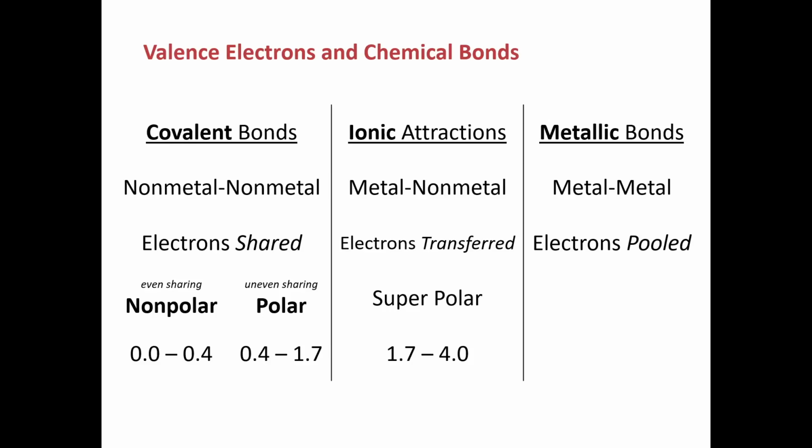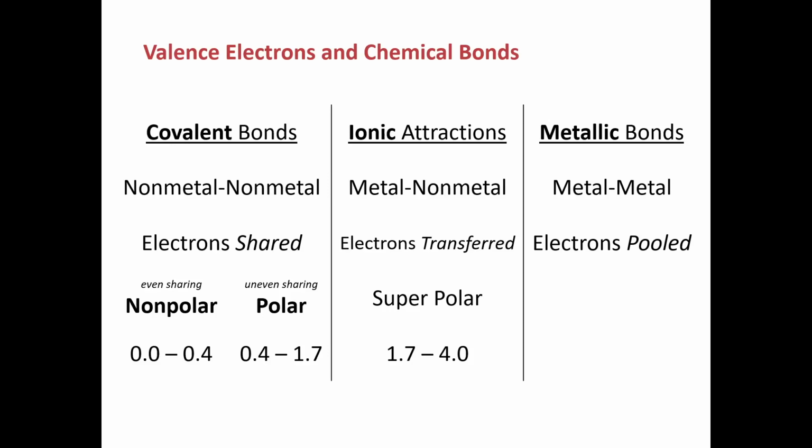Ionic attractions, we'll call them, or they're technically bonds, but there's no actual bond being created. It's more like a magnetic electrostatic attraction. Ionic bonds are between metals and nonmetals, and the metallic bonds are between metals and metals. And so very easily we could determine a bond type just by analyzing whether we have a metal or a